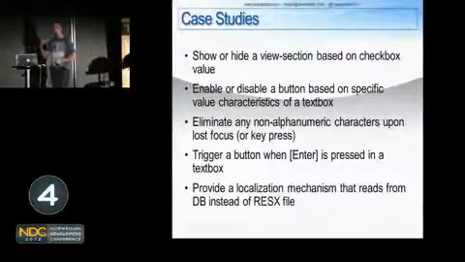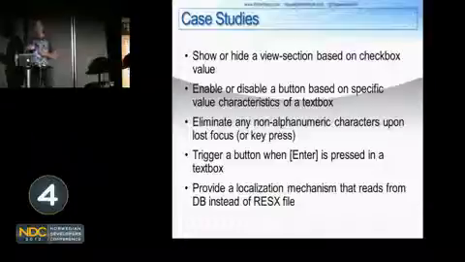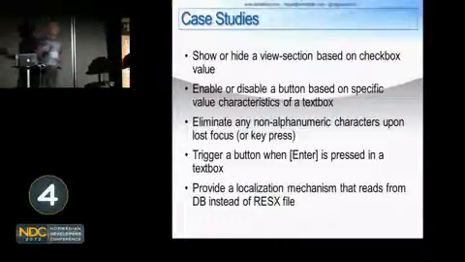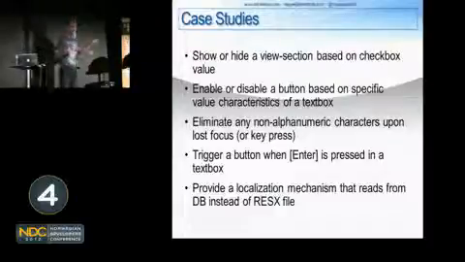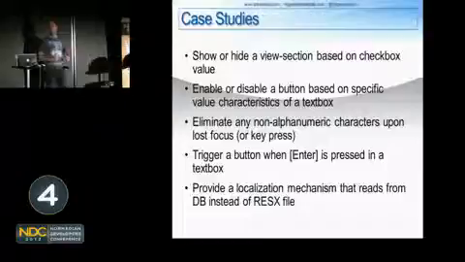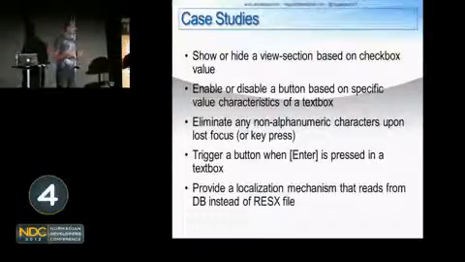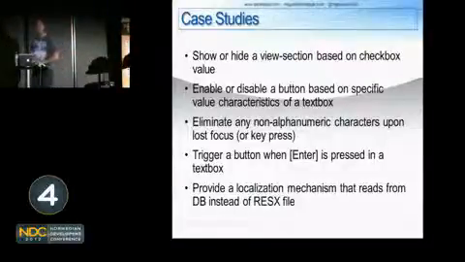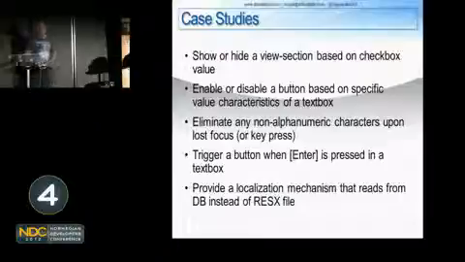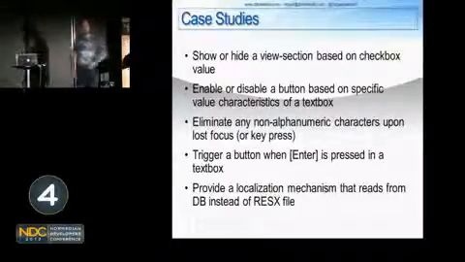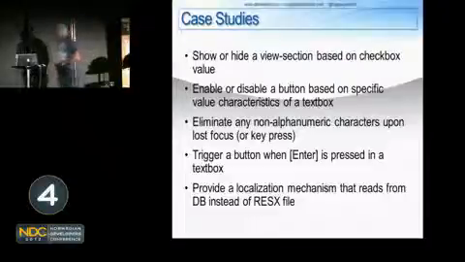So I want to be able to now tap into the IsEnabled of a button, which is a simple true or false, but that true or false is not coming from a simple checkbox. It's coming from the value of something that I'm typing in. So now I've got a more complex conversion. I want to convert some text information, compute it, and turn that into a true or false value. The next thing that I'm going to do is a couple of examples of filtering non-alphanumeric values. In other words,